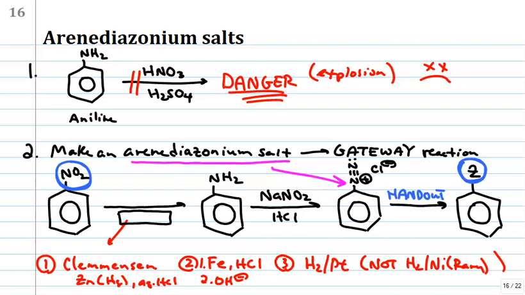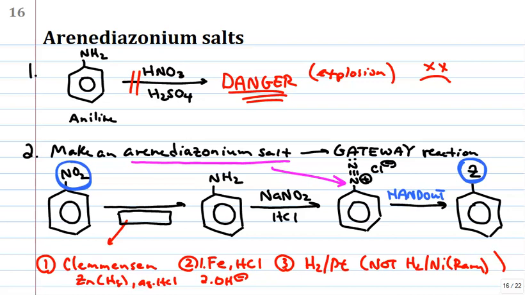And so an important process of this was reducing the nitro group to an amino group, or going nitrobenzene to aniline. And I gave you three ways to do this that you would likely see. One is Clemmensen will work. Number two, iron, hydrochloric acid followed by base will work. And then the third way is some type of hydrogenation. And I said that you would want to use hydrogen gas, H2, with platinum, not Raney nickel